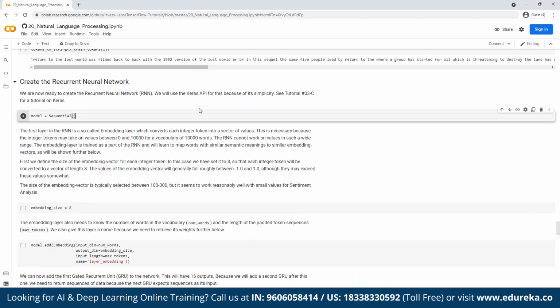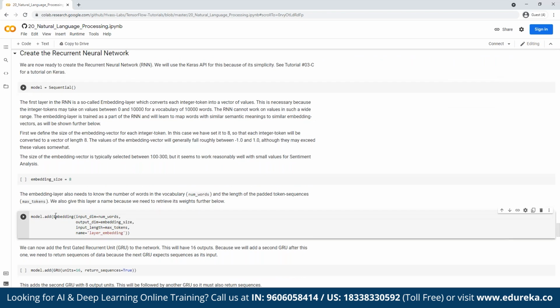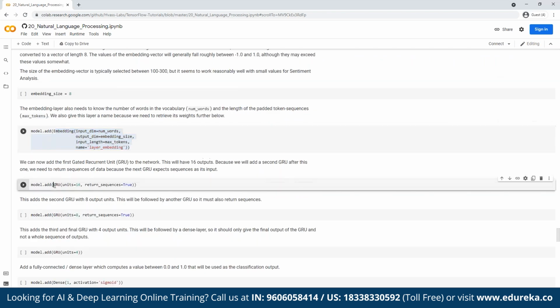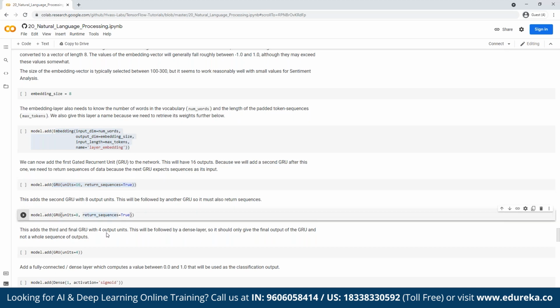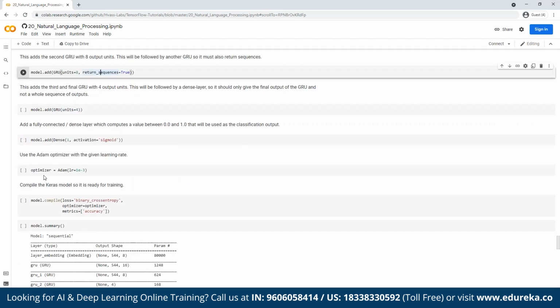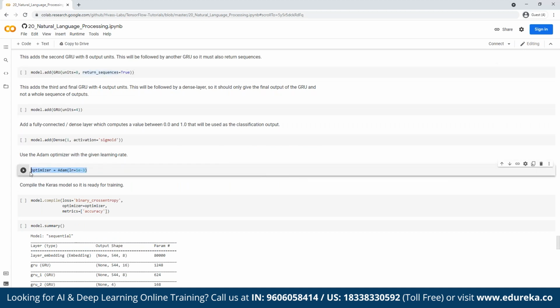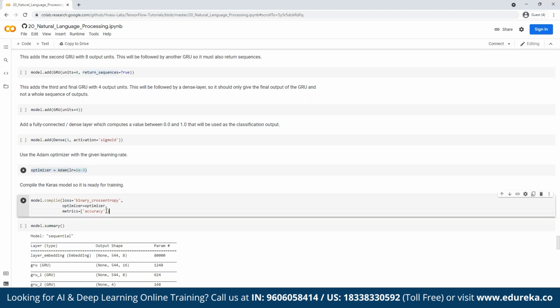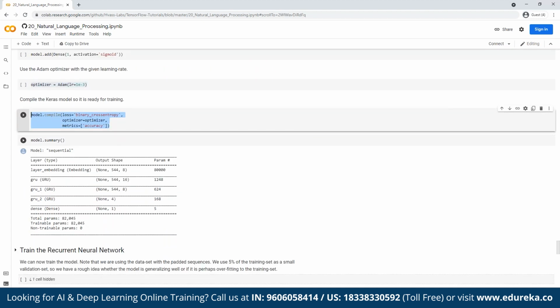If you see, I am creating a simple recurrent neural network. The embedding size is 8, and we add GRU, that is the different recurrent units of it. We add 3 recurrent units. Then we have a dense layer, and then we say what are the parameters to train this model. We are going to use the Adam optimizer, and then we are going to compile this. So this model will be compiled, and at the end, this is the network we are creating